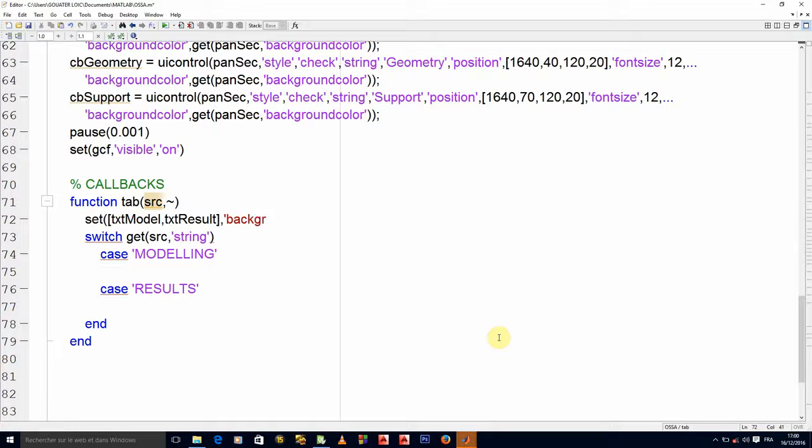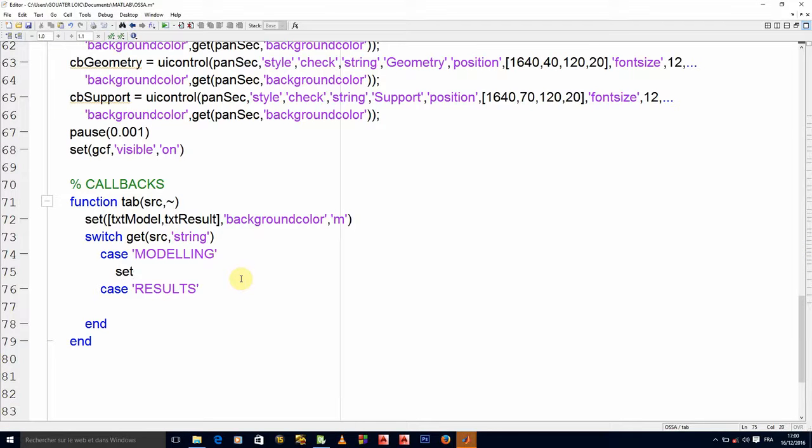Remember that the one on which I click is supposed to be white. So I'll set all of them magenta, and then the one on which I have clicked becomes the white one.